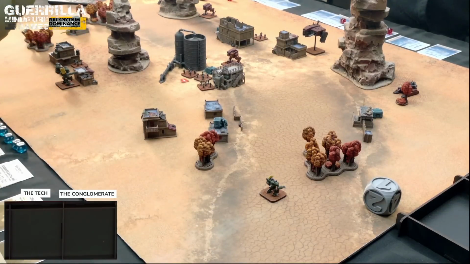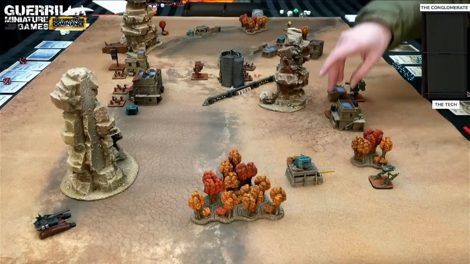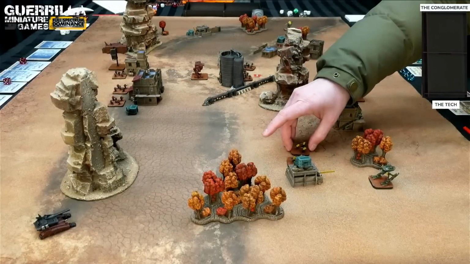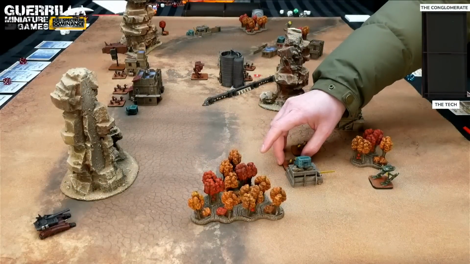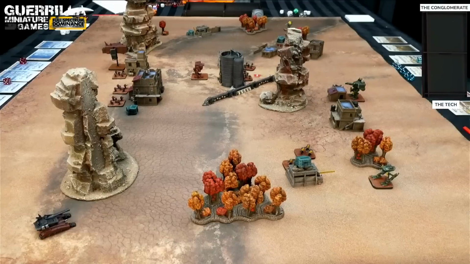So we're going to move 2 DU. I'm going to scooch over to here to protect my objective. And you want to be in contact with at least one of them. Yep. I'm going to get in base, and then I'm going to fire...